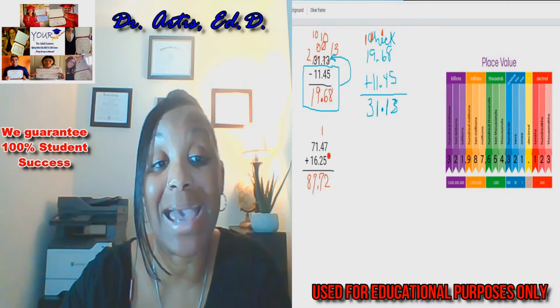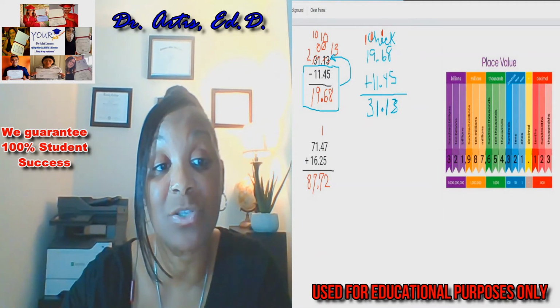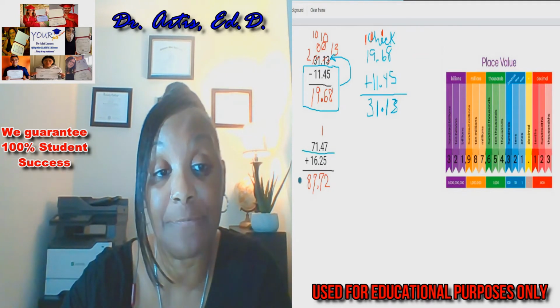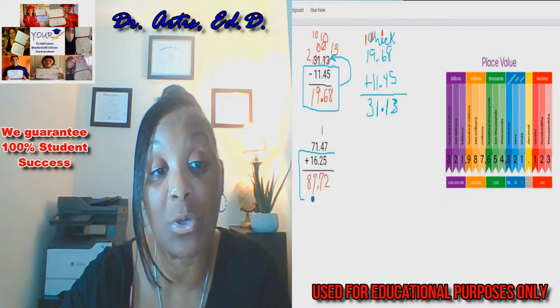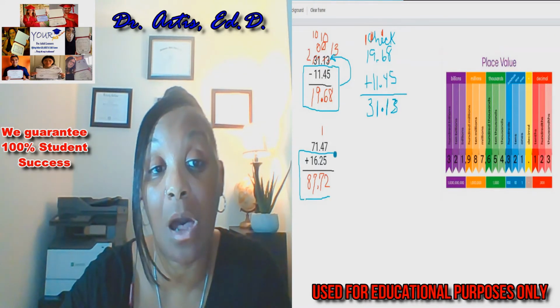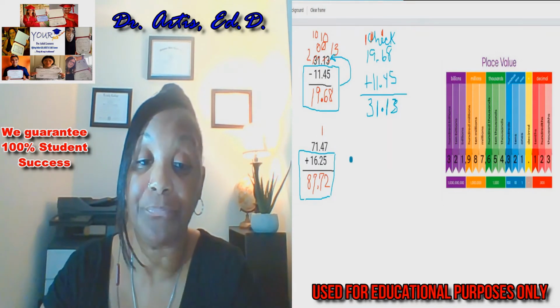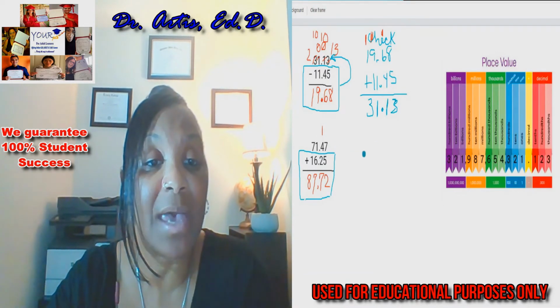Now we can actually check this answer by subtracting. So we're going to do the reverse of addition, and we're going to subtract. And when we subtract, we should get our top numbers here. Okay, so let's do that. We have